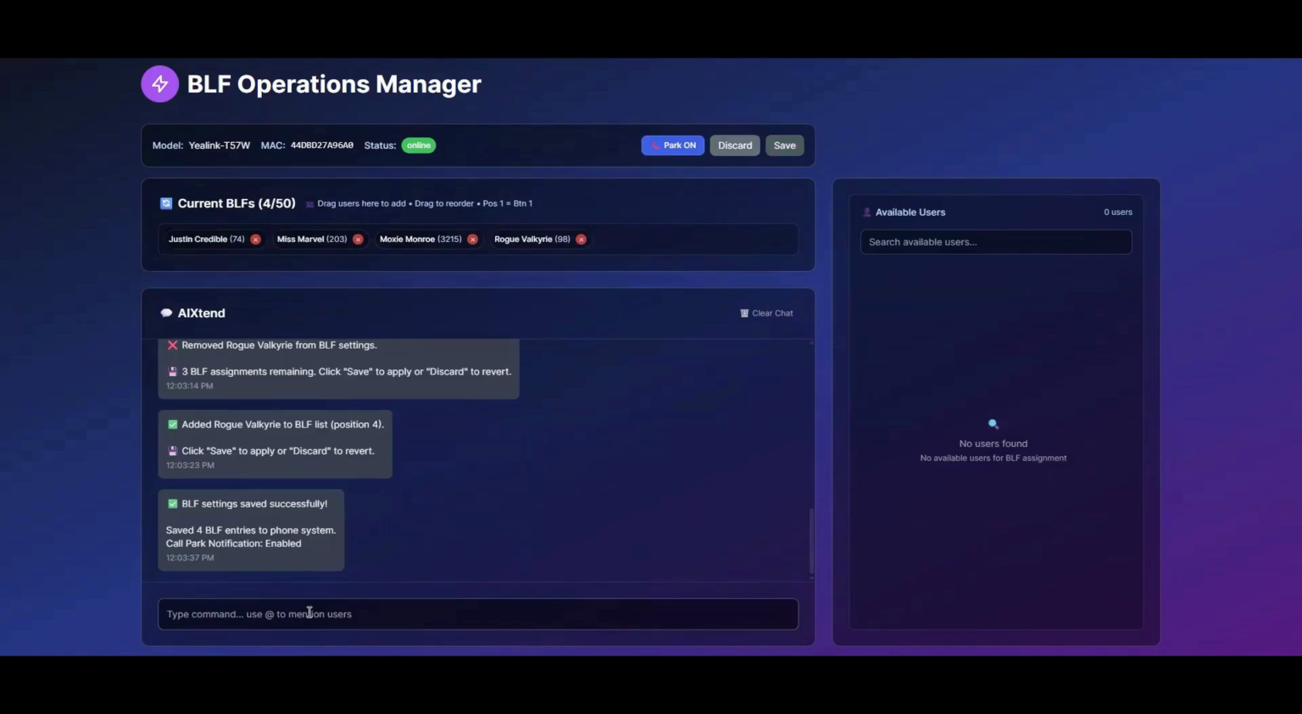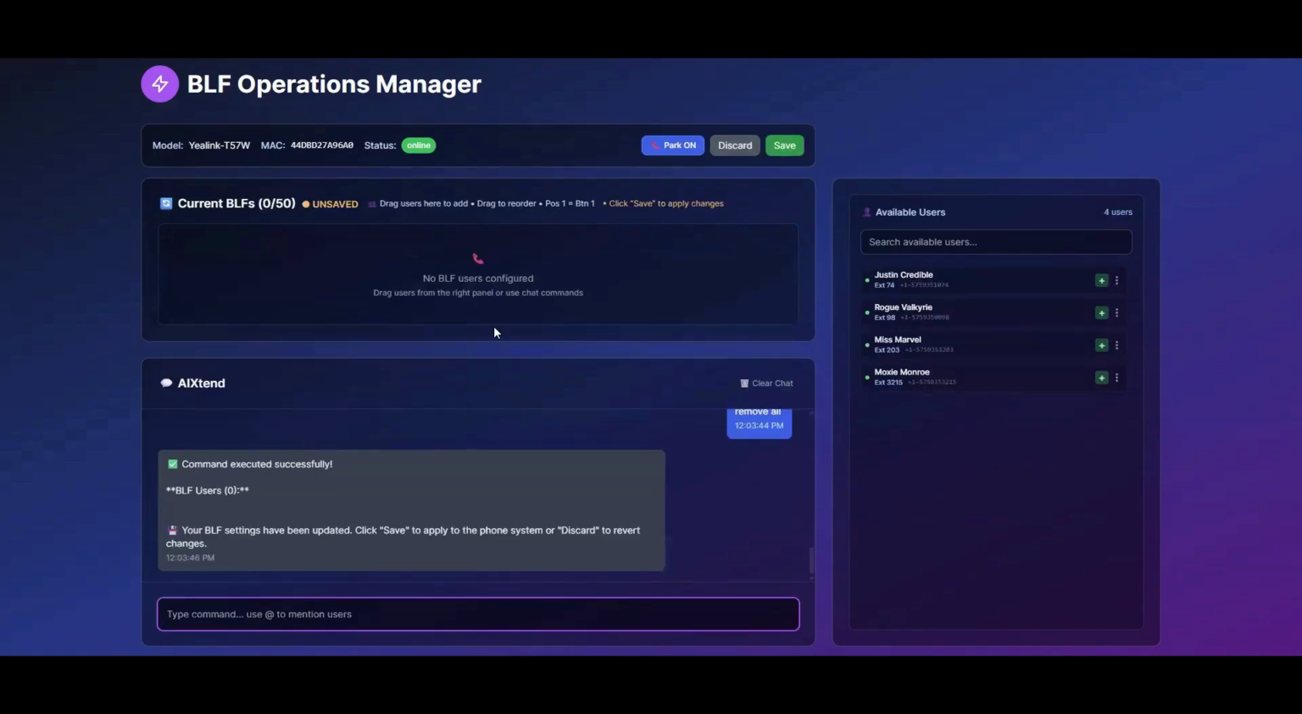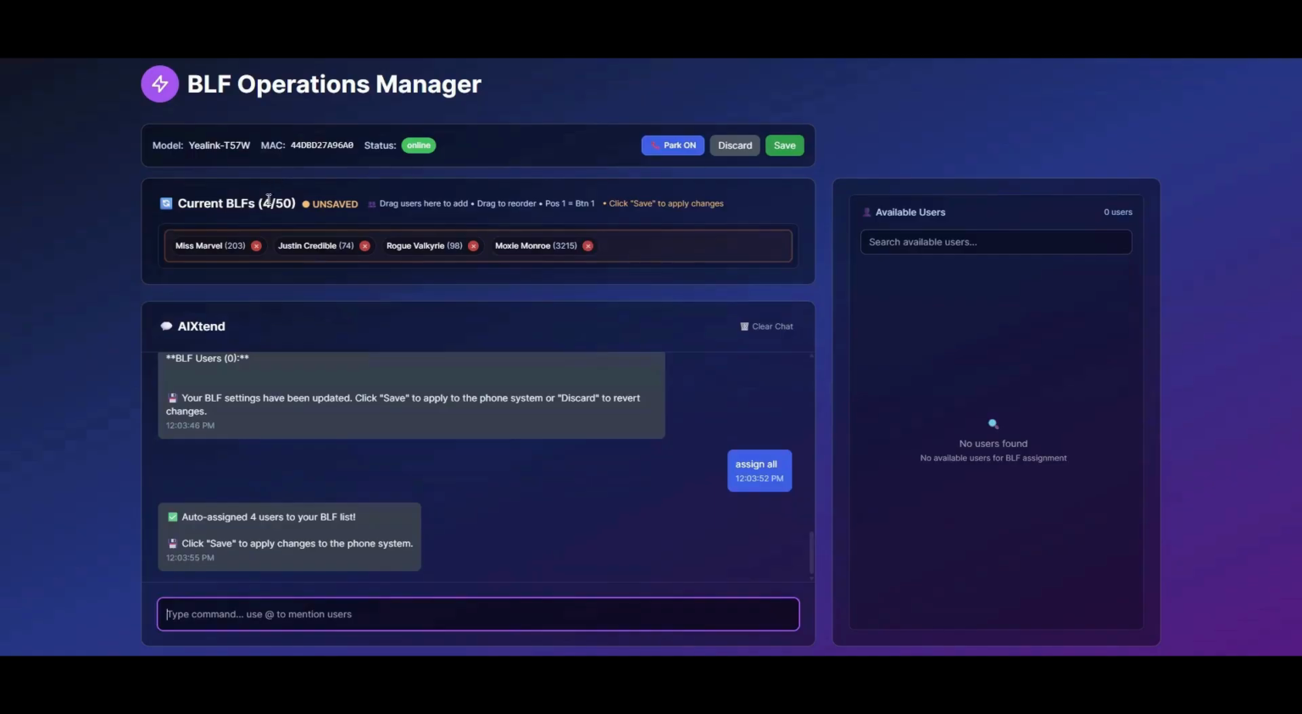saved to the phone. But you can also tell it to do some commands here. So if I wanted to, I could say remove all. And it will remove all the BLFs and put them back over here. And then I could say assign all. And it assigns them back over here. Again, after any changes and you're good with what is currently set for BLFs, make sure you hit the save